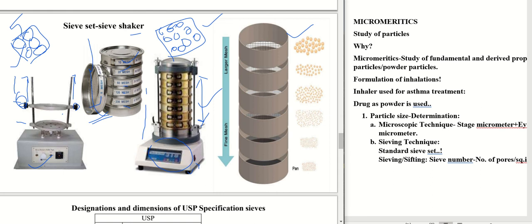So now we need to arrange the sieves in such a way that the top portion of the sieve set has the larger pore size. So the lesser mesh number or sieve number should be on the top, and the greater sieve number should be at the bottom. The very fine mesh, with fine pore size or aperture, should be placed at the bottom. When we place the powder sample on the top and switch on this equipment,